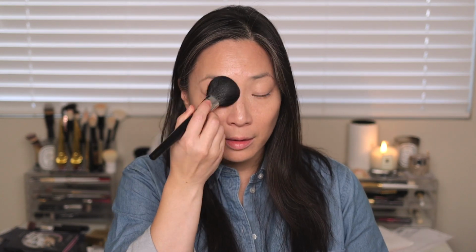The powder is definitely translucent, but it has a tint to it. Let me just find a brush. I'm going to pat this over my eye area to make sure my concealer is set, and then pat some more powder